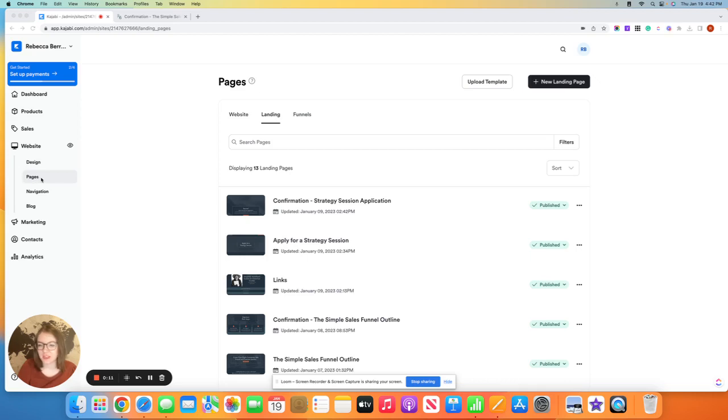and go down to pages. And then instead of creating a new website page, we're going to create a landing page. This is important because we don't want to have a header at all on this page. And to turn that off and not turn it off the rest of your pages, we'll have to create it